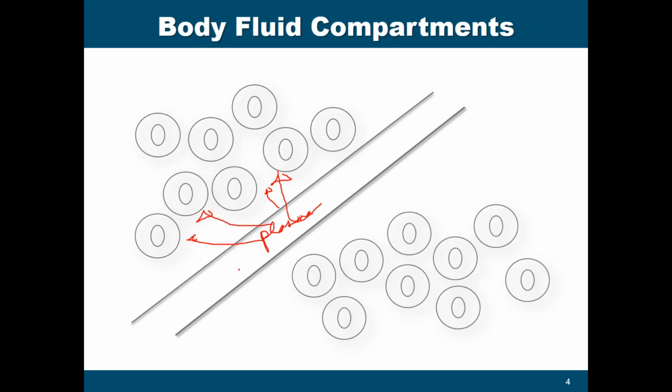So plasma transfers to your interstitial spaces, and that leads to the presence of edema here, and a decrease in the blood volume that will lead to decreased perfusion of the kidney that will lead to acute renal failure. So remember, after a major burn injury, our goal is fluid